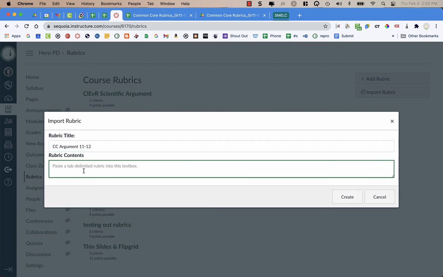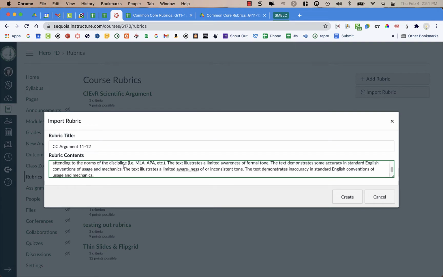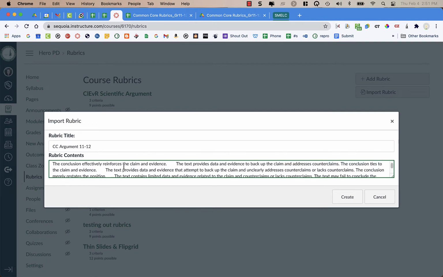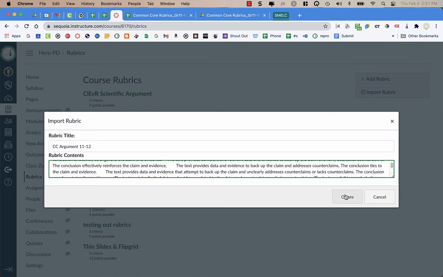And then in this section here, I'm going to paste a tab delimited rubric into this text box. And because it was in a spreadsheet, it's tab delimited. This wouldn't work if you were copying, let's say, a table from a Google Doc. It needs to be like a spreadsheet. So I'm going to paste with Control-V or Command-V on a Mac, and it looks like a big mess when I look at it, but that's okay. I'm going to click Create,